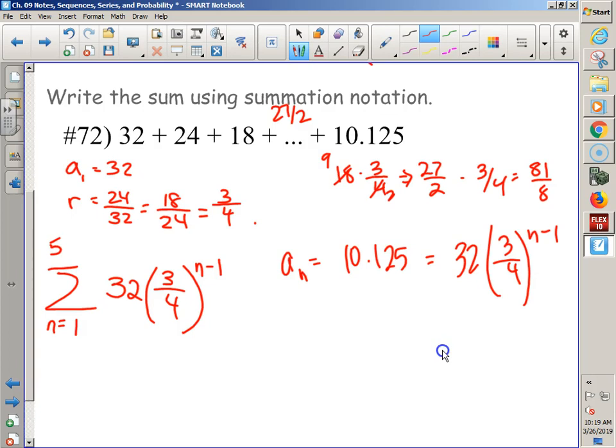You can't square root. What should you do first? I mean, this is my problem, but I mean, at least what should you do first? Yeah, divide by 32. So I would do 10.125. Okay, now we can zero in on the problem. And the problem is, I need the n minus 1 down. There's only one mathematical thing that'll do that for me. What's the one mathematical function